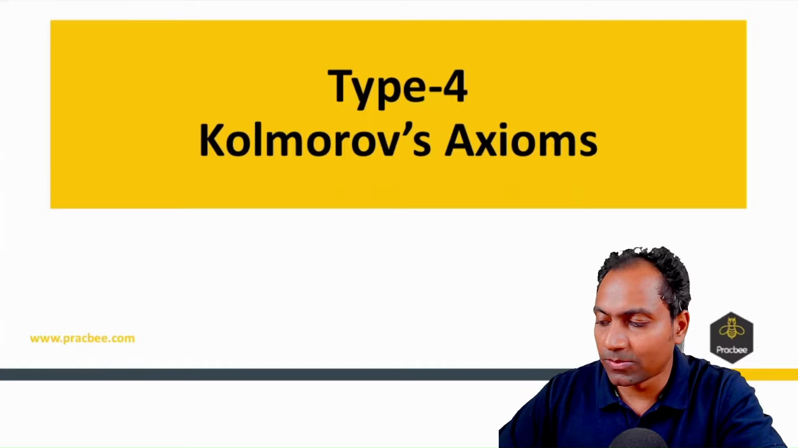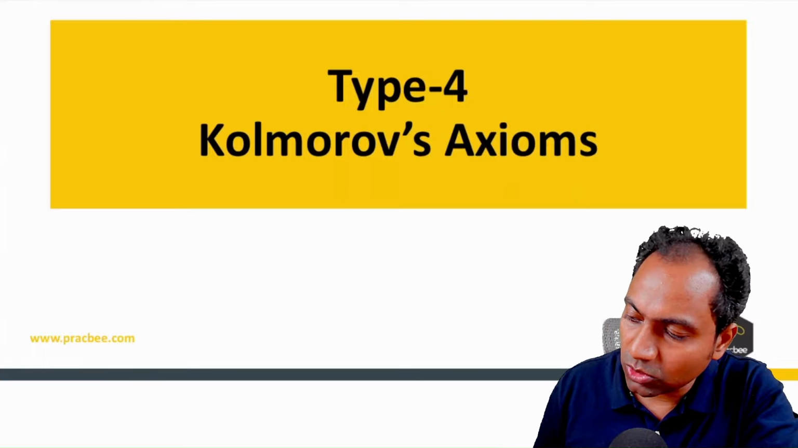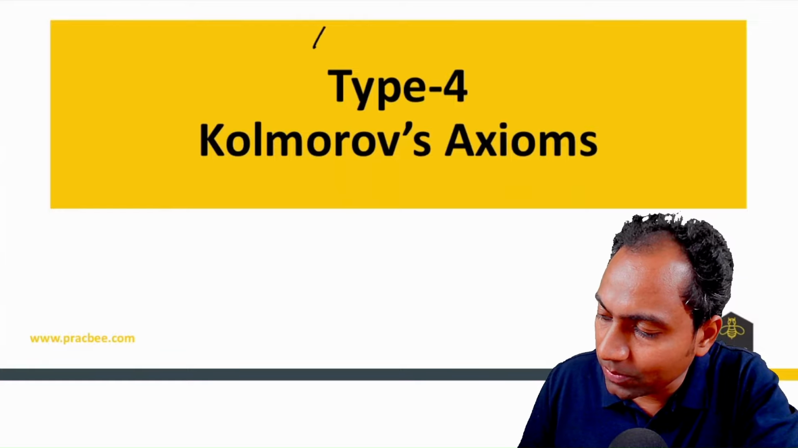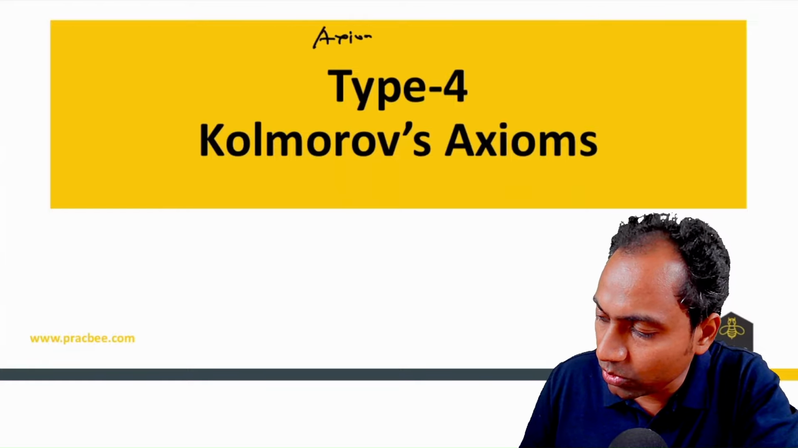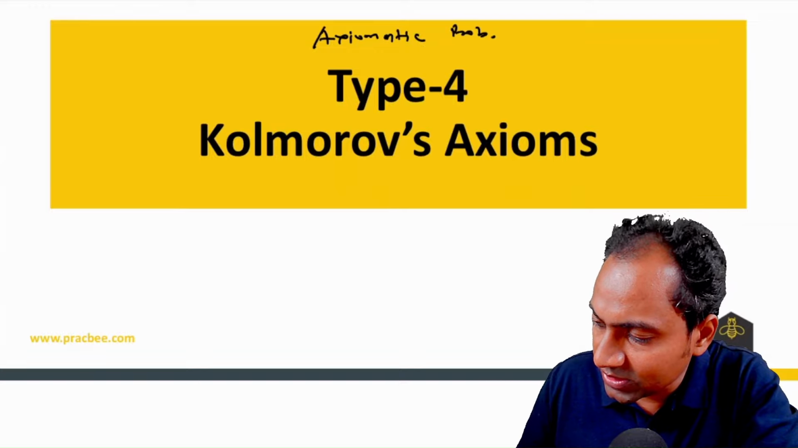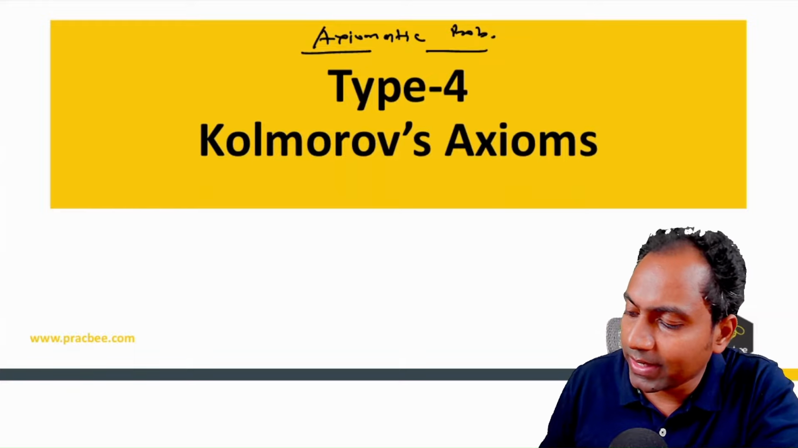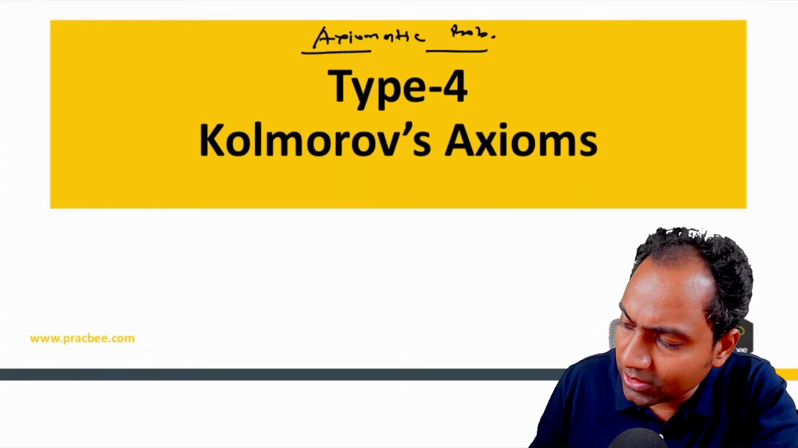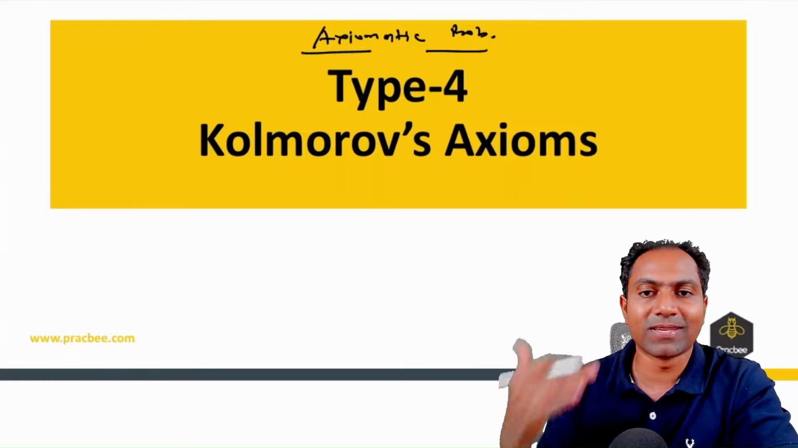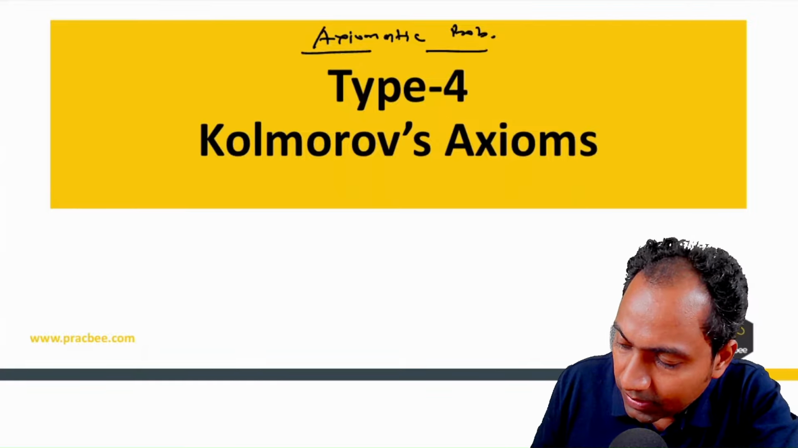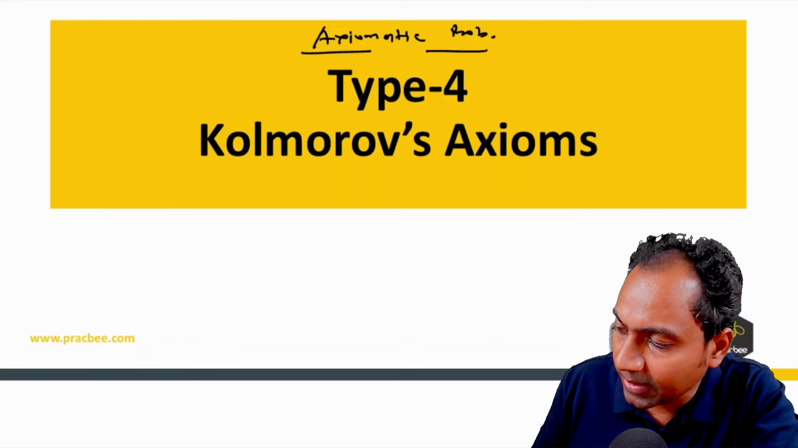Type 4 problem talks about Kolmogorov's axioms. Now what does Kolmogorov say and how does this start the whole idea of axiomatic probability? So this is the person who came up with the idea of axiomatic probability. Let us first understand what the idea is and how it is very useful. He says that instead of writing favorable cases by total number of cases, let us write probability using set theory. So sample space S